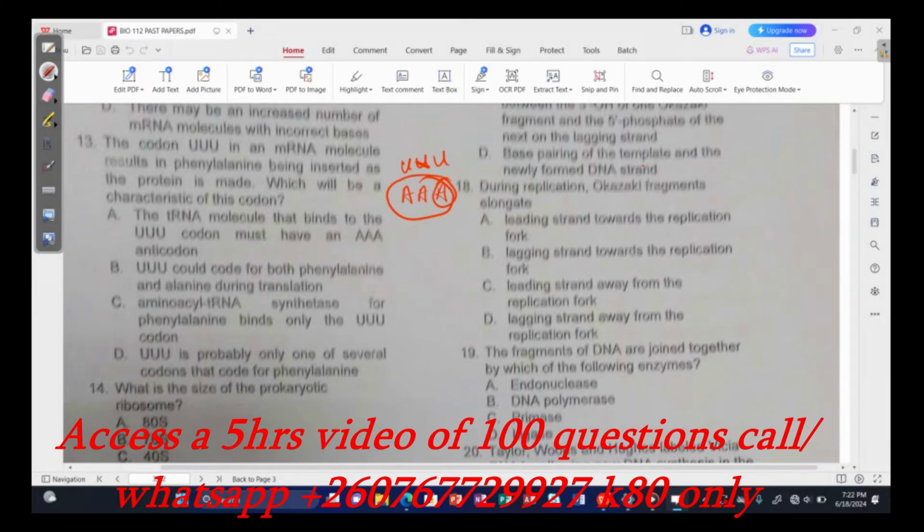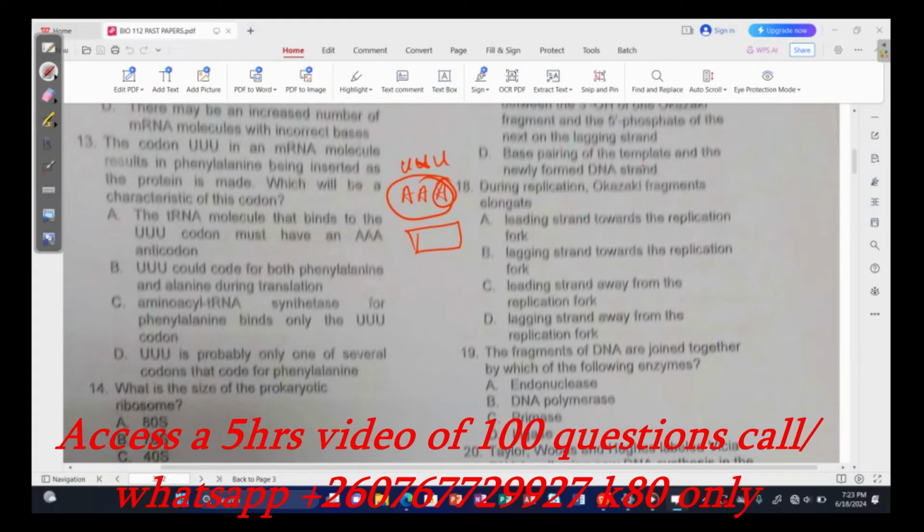Then B is saying UUU could code for both phenylalanine and alanine during translation. What you should know is that a particular codon can only code for one specific amino acid, nothing like two. But a particular amino acid can be coded by more than one codon. So B is false. C is saying aminoacyl-tRNA synthetase for